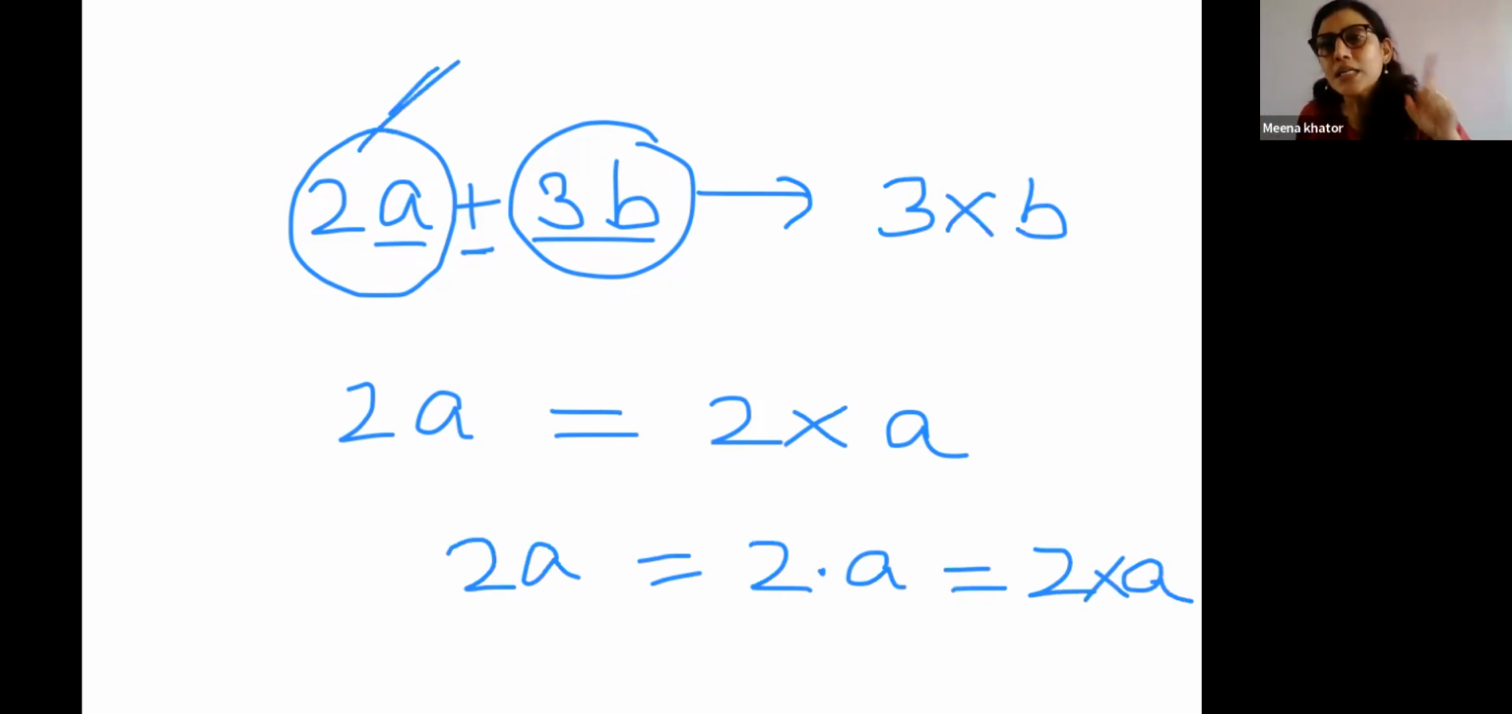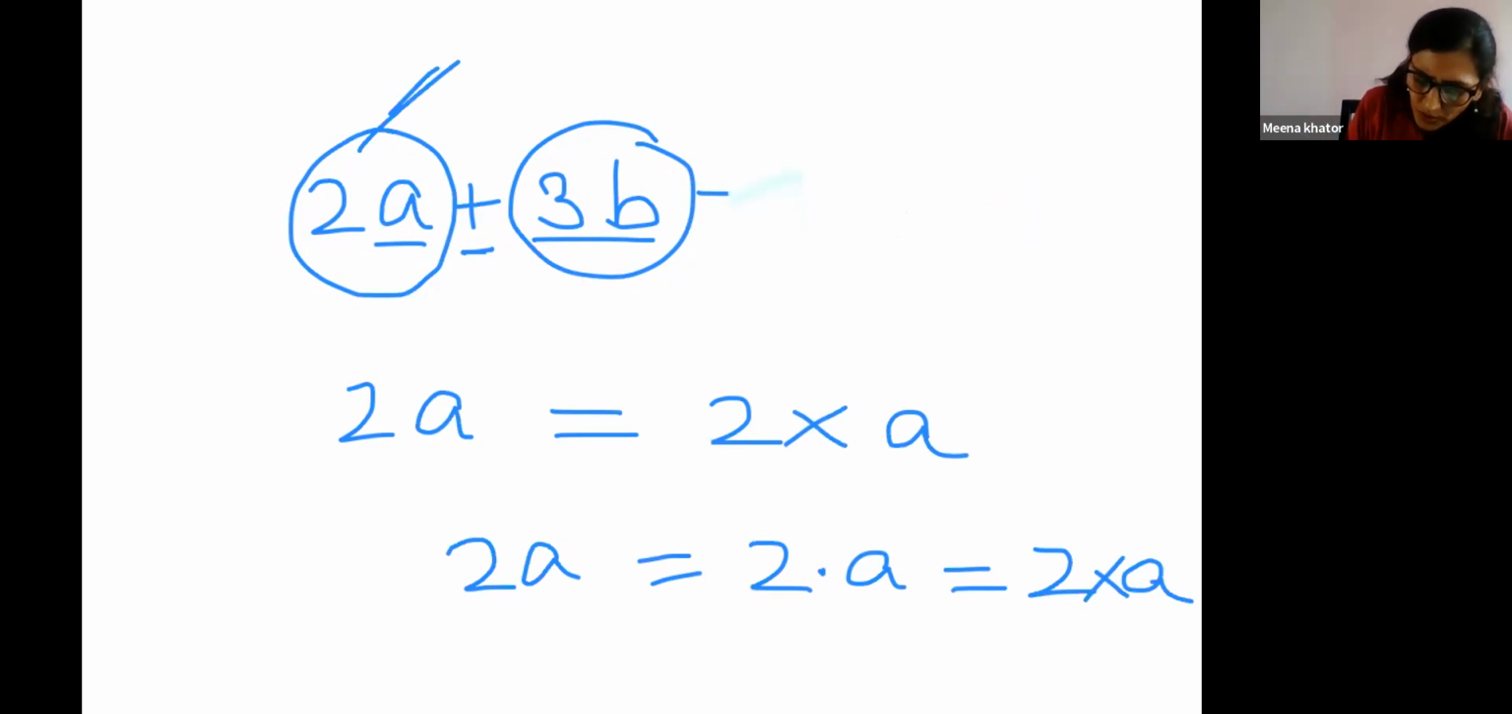Clear? Now, if I am just writing 2a and separate, this is one term. 2a is one term. 3b is another term of this expression. When all of you have written expression, this expression has two terms. Clear to everyone? Two terms. Okay. Now, if I add one equal sign here,